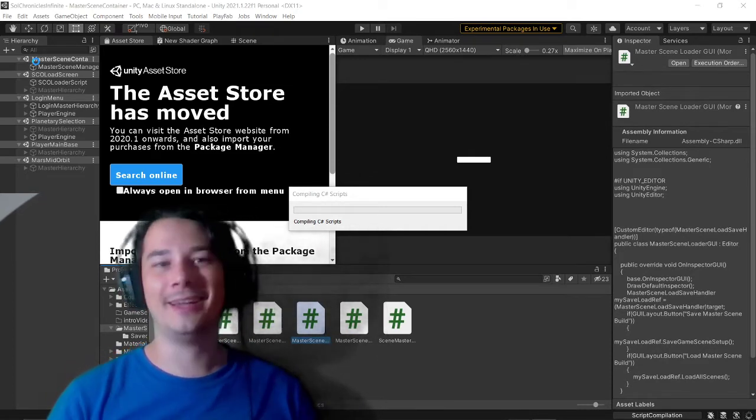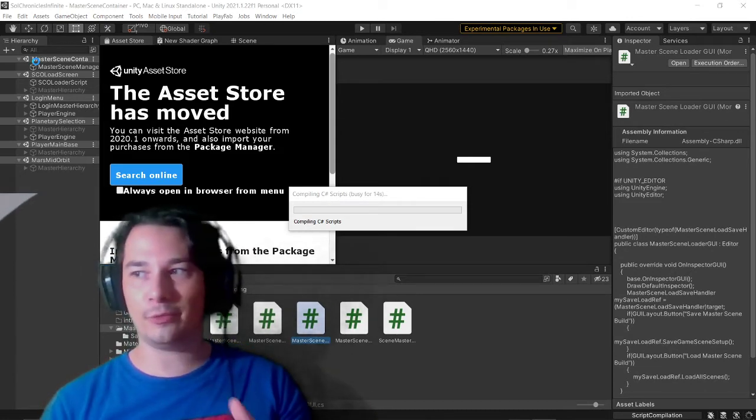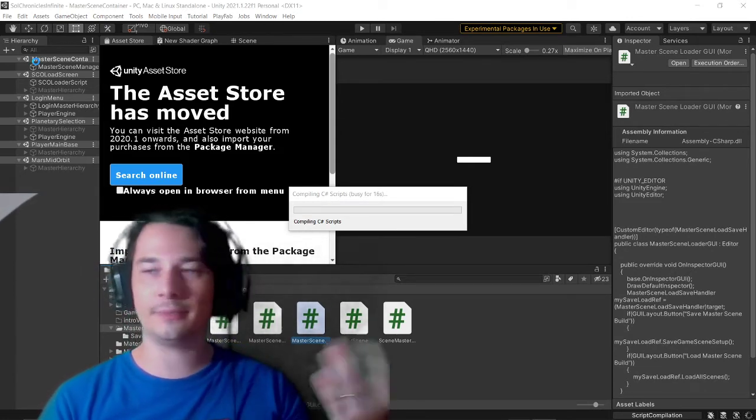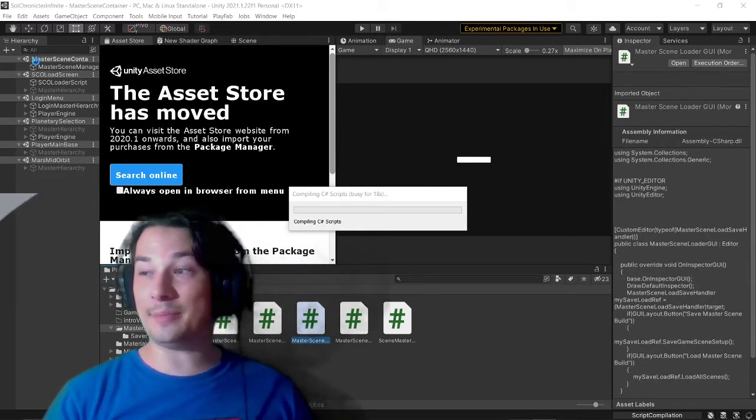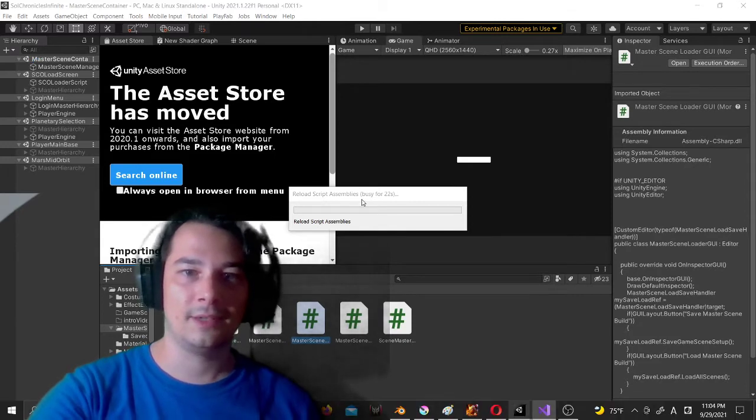But when you're hitting play mode from in the editor, it won't. All the scenes will unload. Just Unity being Unity. So in order to solve that, when all this